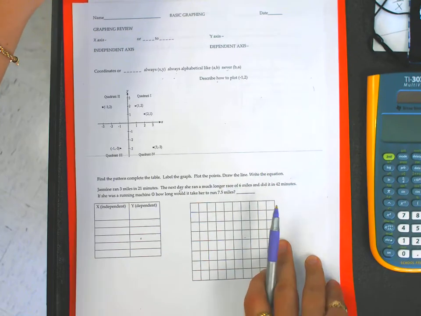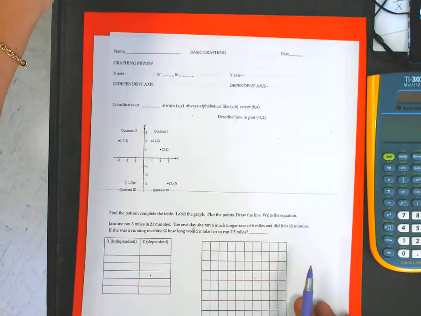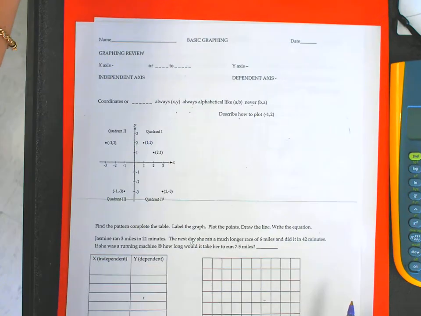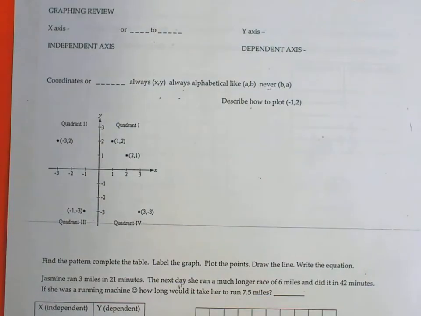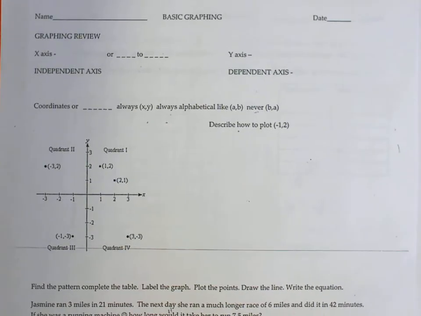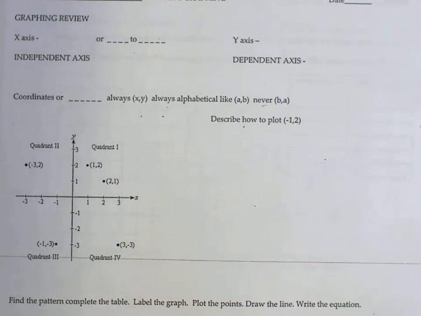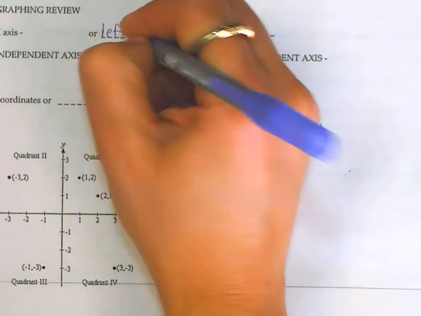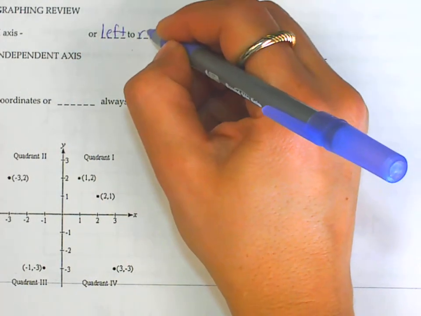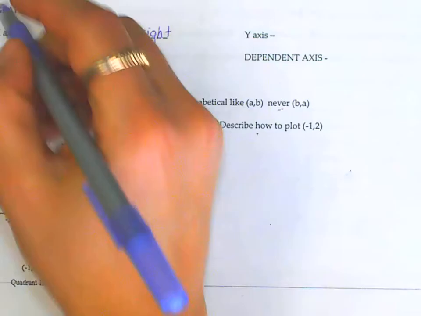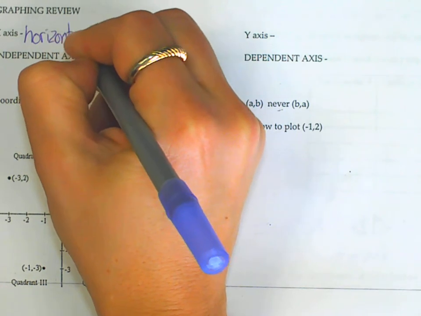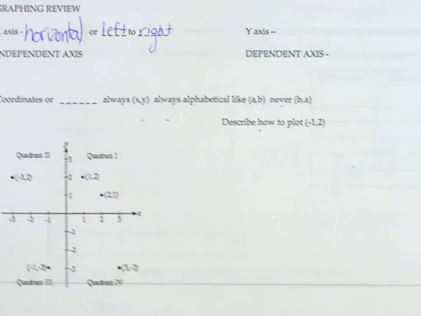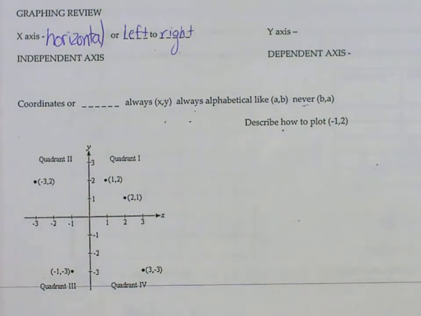Let's start off with what we label. We have the x-axis, which goes which direction? Yes, it goes left to right. If we were going to write the more technical term, what is lines called that go left to right? They would be called horizontal. The horizon goes left to right. And then the y-axis goes up and down,